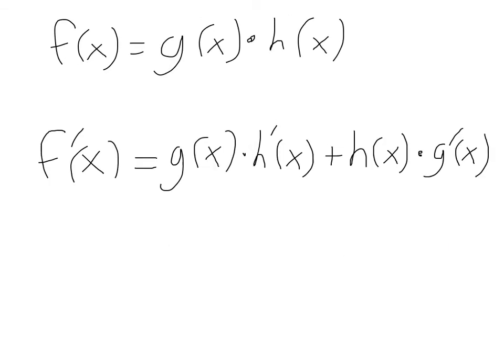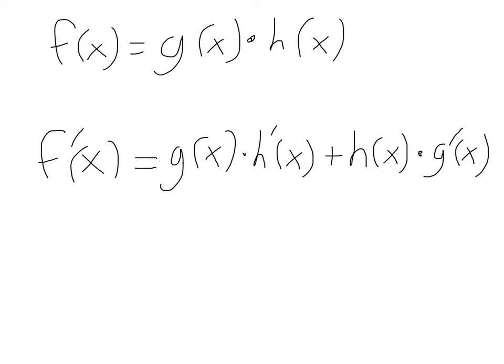Here's what you do if you have two equations times one another. So let's say you have f of x equals g of x times h of x. So this is one of our equations times another of our equations. The derivative of the product of two functions is: you take the first function, leave it unchanged, and multiply it by the derivative of the second function, and then you take the second function, leave that unchanged, and multiply it by the derivative of the first function,